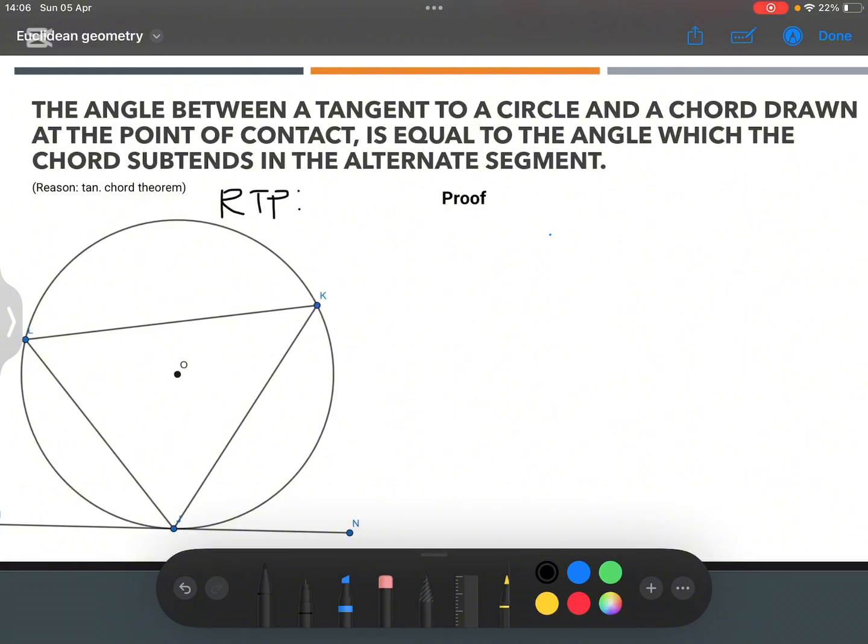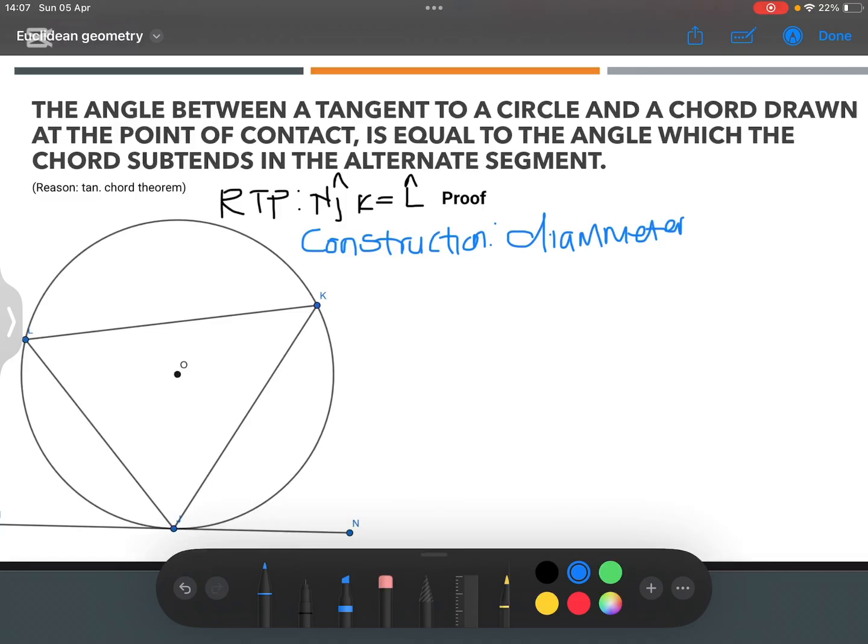that angle JK is equal to angle L. Right, let's go through it. So the first thing we're going to do is a construction. We're going to draw a diameter, draw diameter JOB